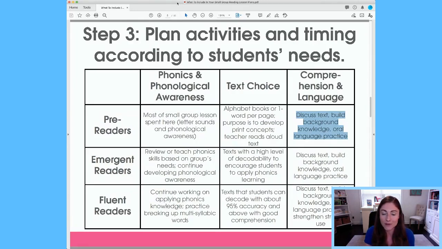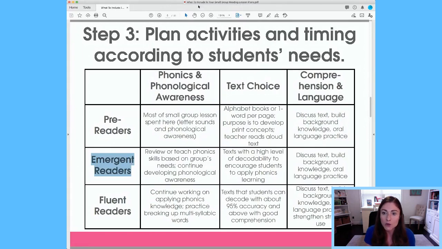Of course, this is not the only time in the day that comprehension and language work is going on, right? We have read alouds, we have maybe other oral language work throughout the day, okay? But this is what it can look like in small group instruction. Okay, so again, we will look at some example lesson plans, but now I want to move on to emergent